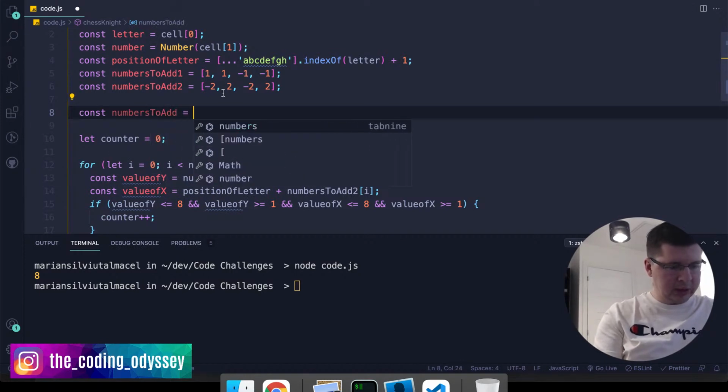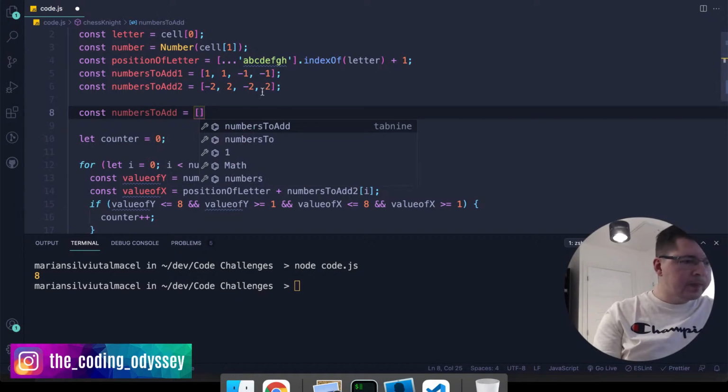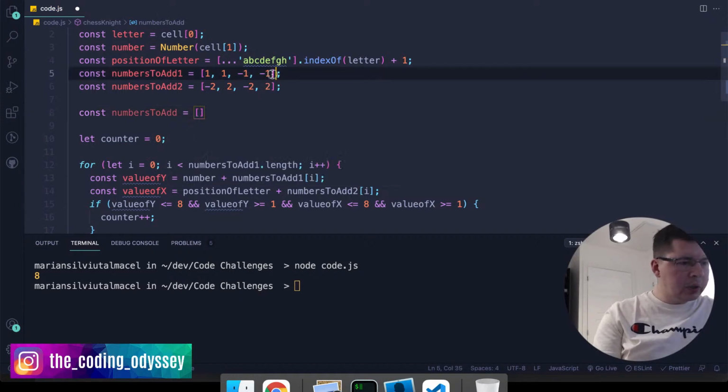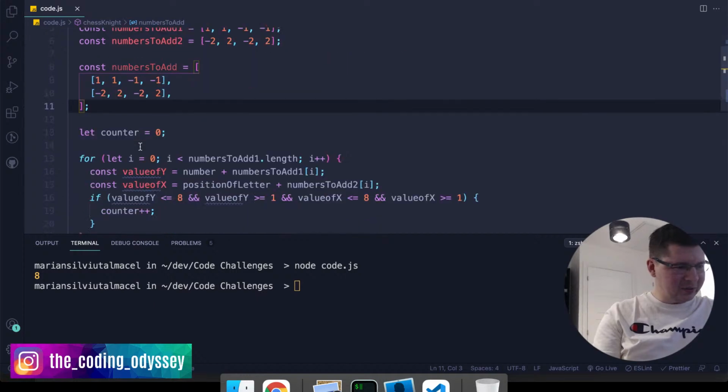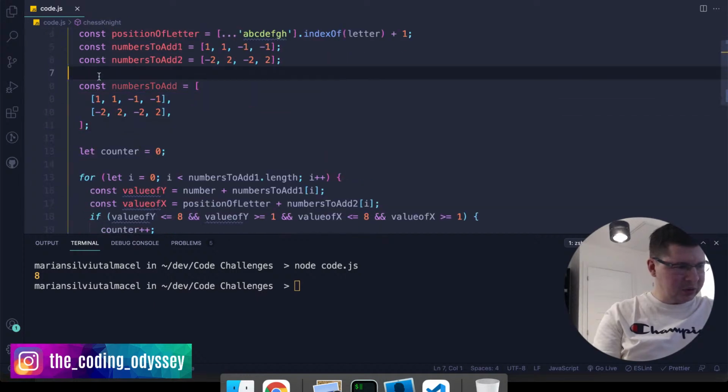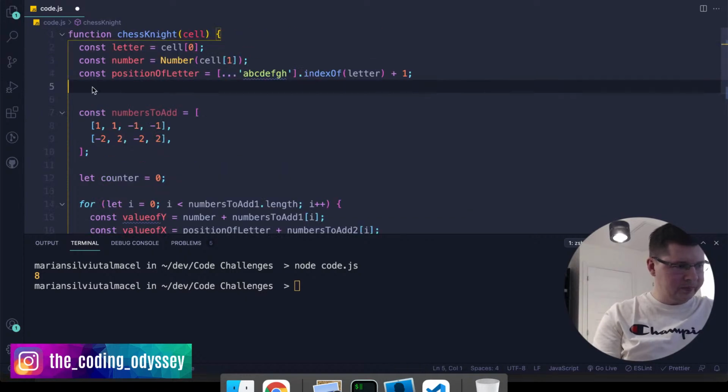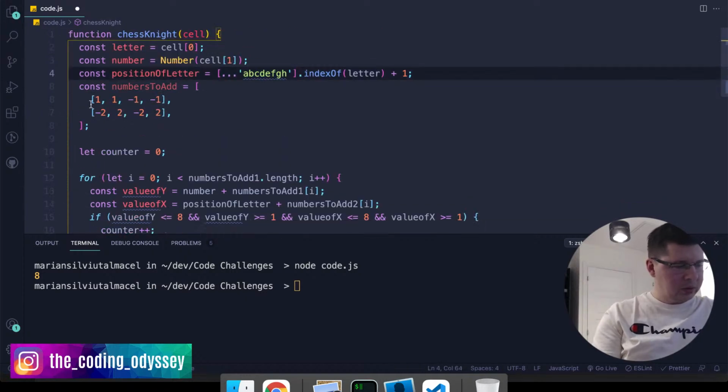I could make an array of arrays, right? So I could put this array in here. I wonder if it's going to work like that, but we're trying to come up with something, so I'm just going to throw stuff at it. So I'm going to say this. I'm going to take this off from here, and then I'm going to say